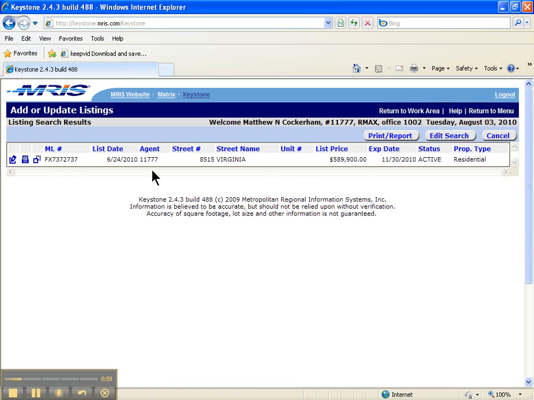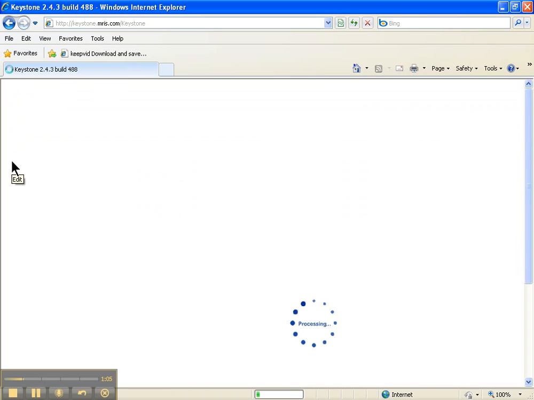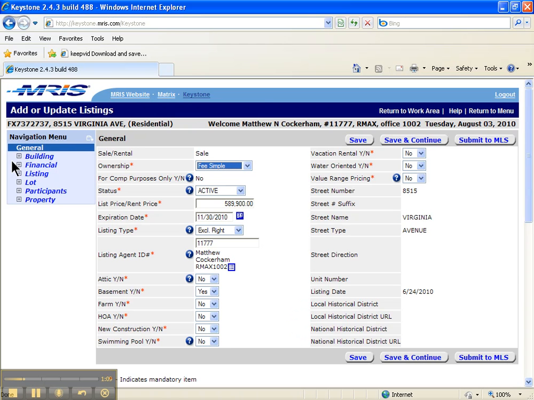So once I've got that one line, I want to verify that that's the right house, and then I'm going to go ahead and click on this little edit button over here. And it'll bring me up to the main screen of this page. Now this is great because all I need to do is, you'll see it says active here, and we want to switch it off of active, so we're going to hit that drop down menu, and 9 times out of 10 you're going to go to contract or